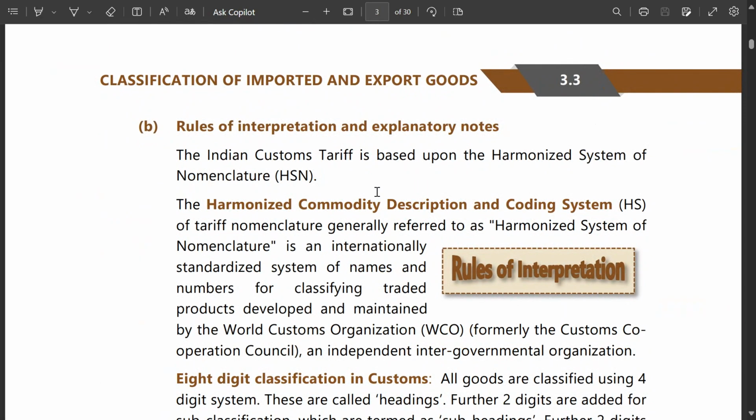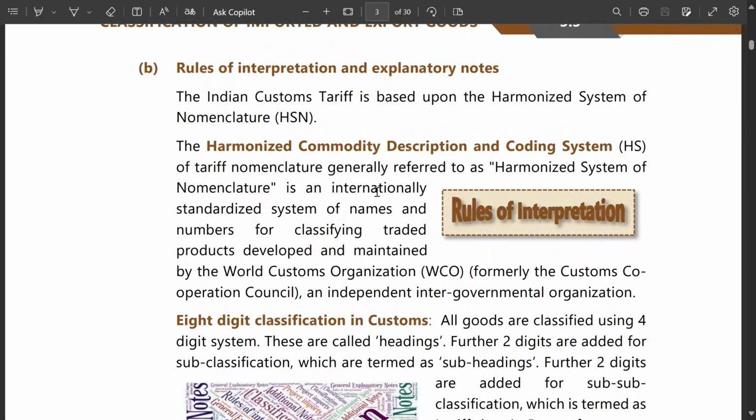The Indian Customs Tariff Act is based on the Harmonized System of Nomenclature. HSN is the Harmonized Commodity Description and Coding System. Harmonized Commodity Description and Coding System. The tariff nomenclature is normally